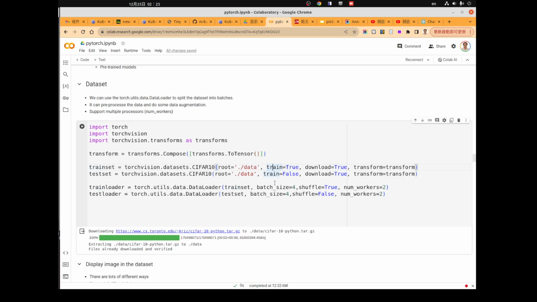So inside the dataset's reading code, we can try to implement those differences by using this variable. And we have a download argument which, when you set it to true, will download the dataset if it has not been downloaded into the specified folder.